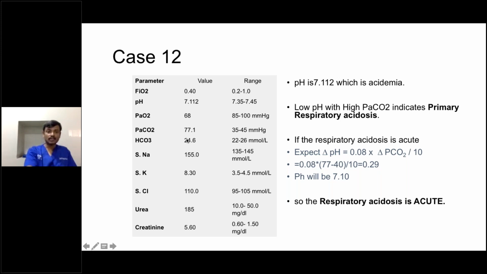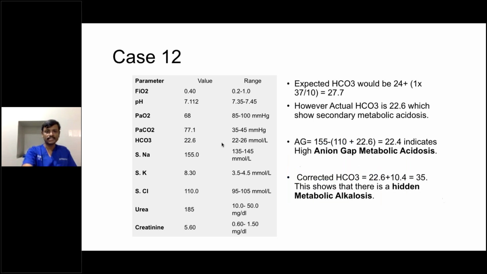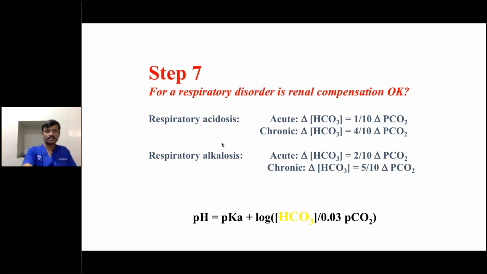So in this case pH is low, but PCO2 is 77, which is moving opposite to the pH. It is a respiratory acidosis, primary respiratory acidosis. How to calculate compensation in respiratory acidosis? I will discuss in the next slides. Sorry for this. I will come to the respiratory acidosis. Before that, we'll finish this metabolic alkalosis also.